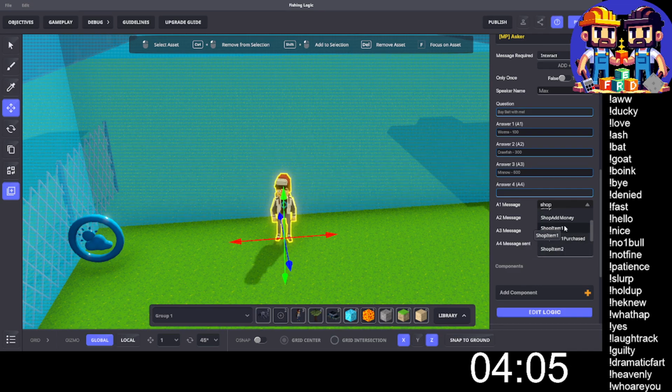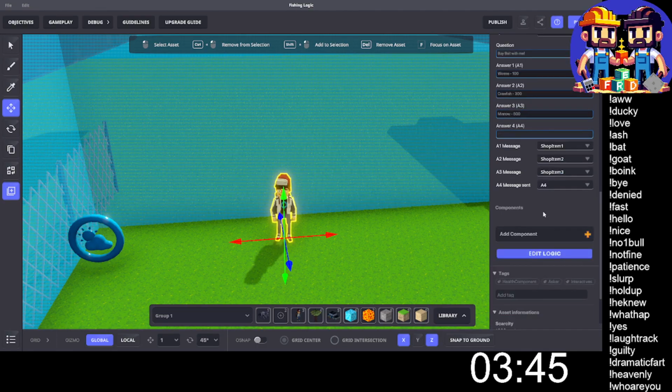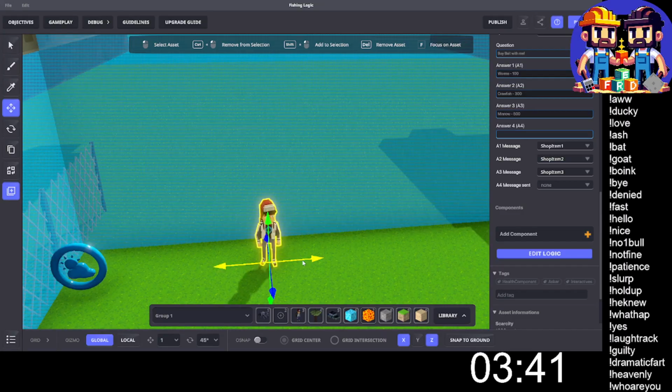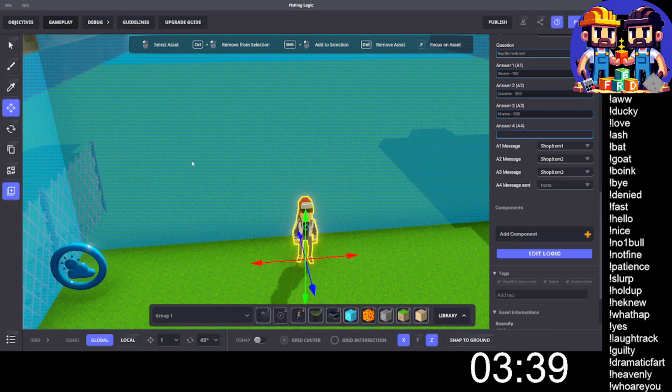Shop item 1, shop item 2, shop item 3, where does 3 and 4 and stuff come from? Okay, and then